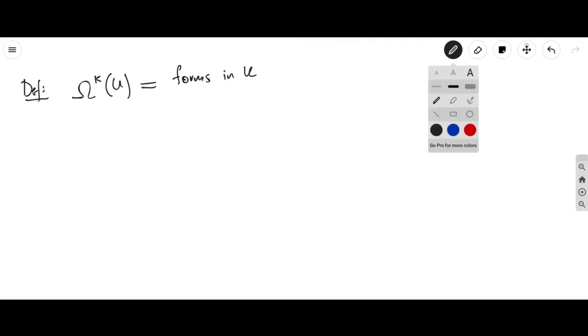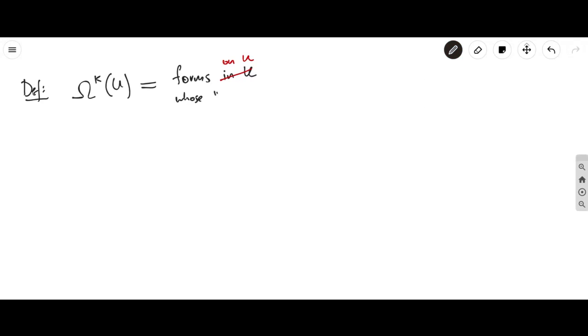Okay, so we have that. So the next thing that I want to show you is the dimension. Okay, so here's the next part. Here's the definition. We define omega k of U. These are going to be forms. So you usually do not say forms in U. You rather say forms on U, because the coefficients of differential forms are smooth functions, and you talk about functions not being in the open set. You talk about the functions being defined on an open set. So these are going to be forms on U